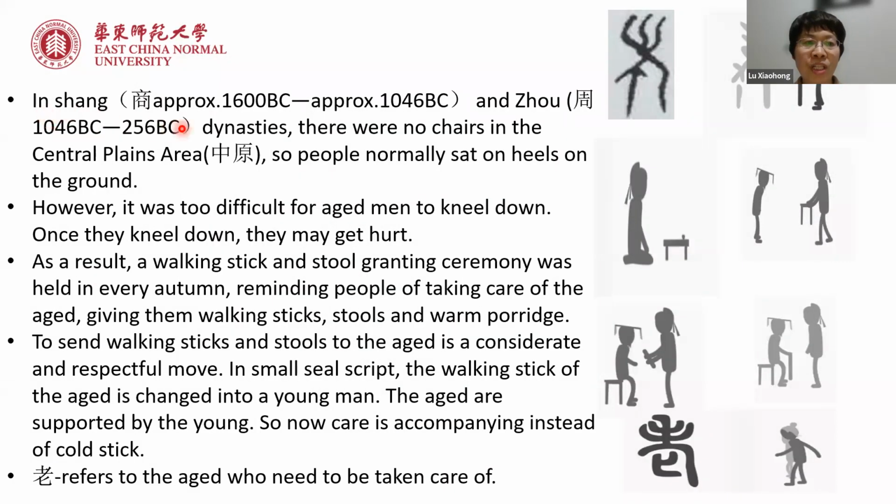So in the Shang and the Zhou dynasties, there were no chairs in the central plain area in China. So people normally sat on their heels on the ground. This is the way we sat in ancient times. And this is the character Lao, with the long hair. It was very difficult for aged men to kneel down, because once they kneel down, they may get hurt. So as a result, a walking stick